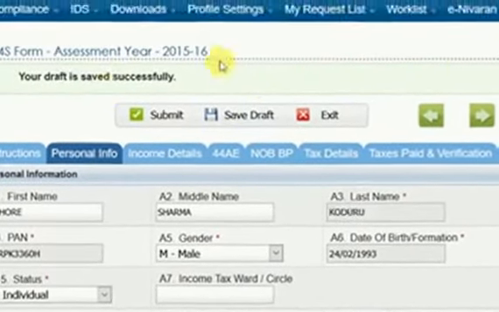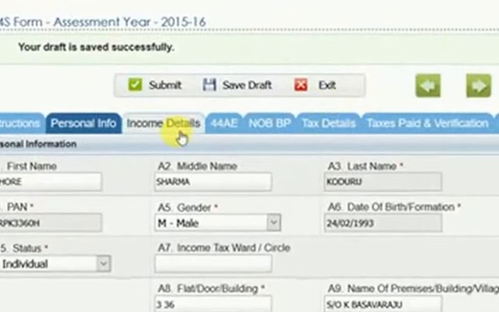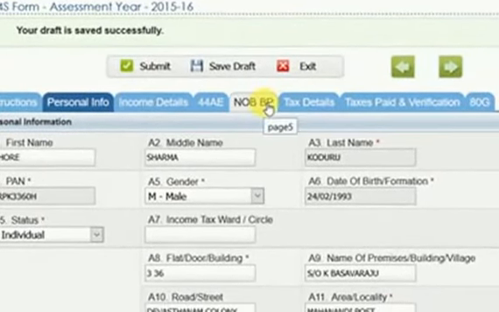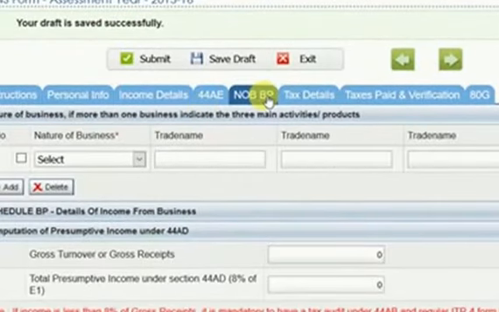Then the personal information is okay. Then go to NOB BP.